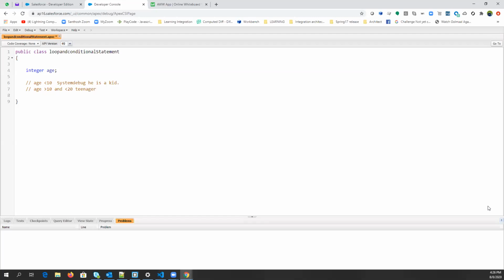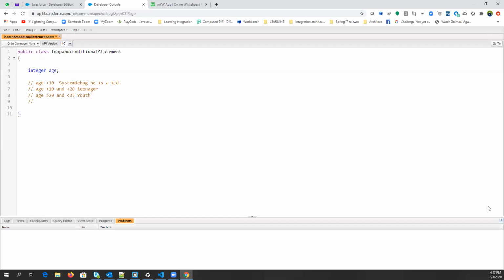And what else? If age is greater than 20 and less than 35, then what will you write? Youth.